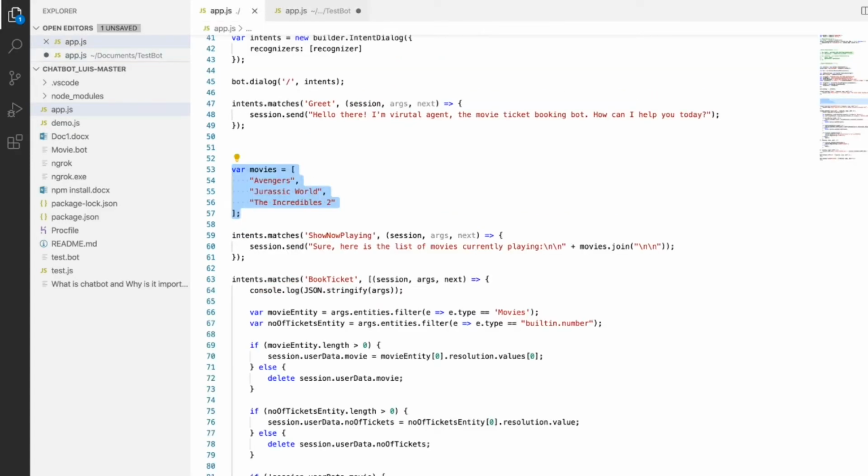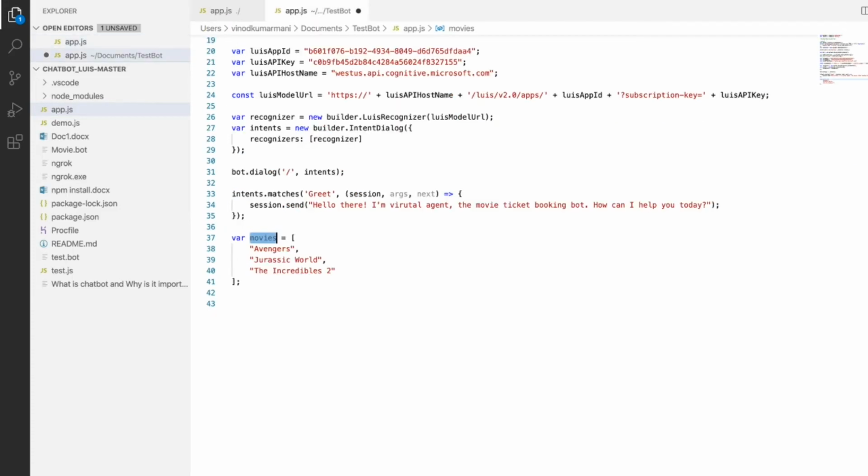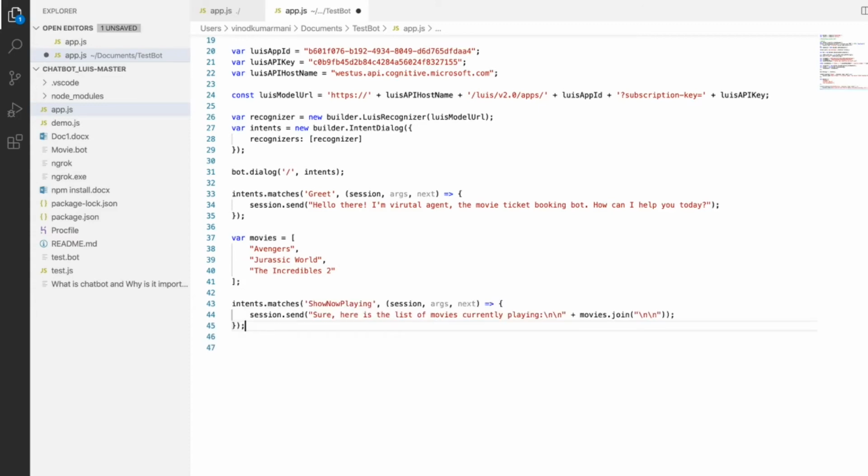I'm going to copy this intent.matches as well. Similar to matching greet, I'm also matching show now playing. It's an intent which I have created already, to match the movies which are playing. So I pass session.send, saying sure, here is the list of movies currently playing, and it will show the list of movies.